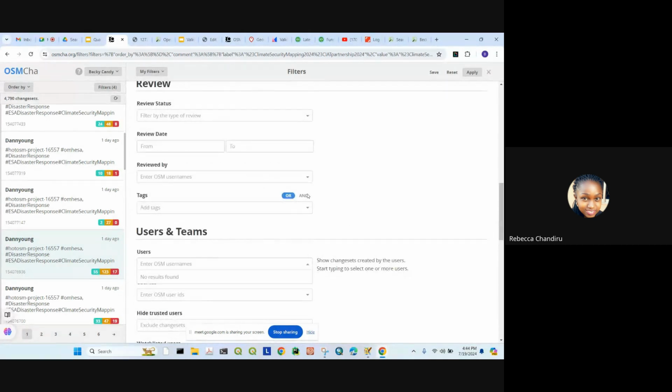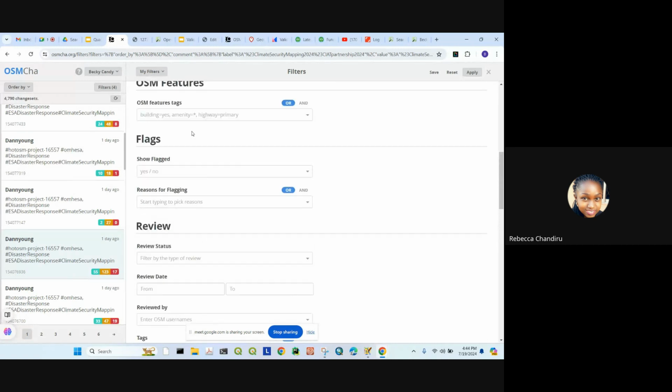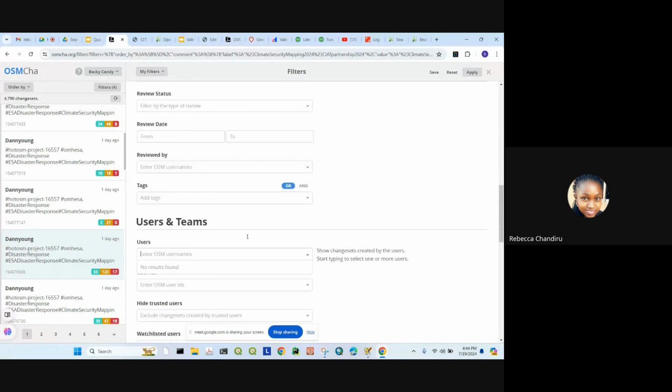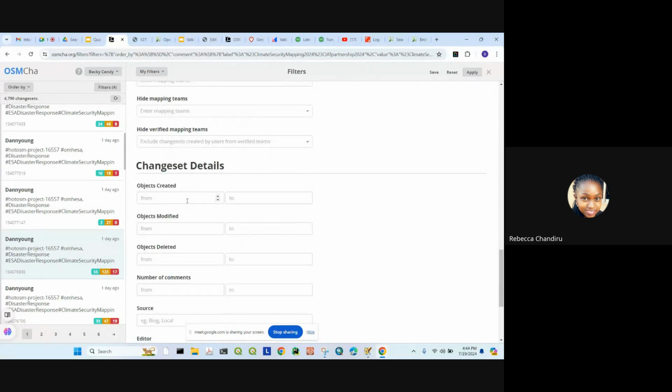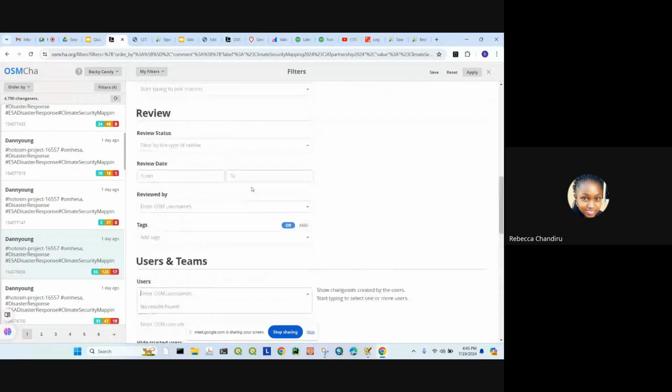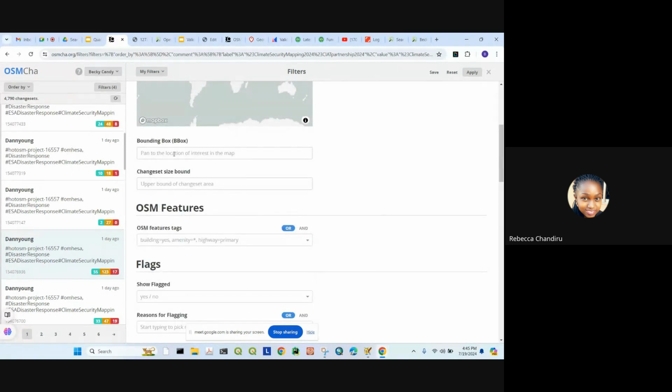So you can actually pan through and see there are different things you can add, filters here that you can use. You can be more strict on what exactly you want to see. Is it buildings only? Which kind of amenities? Is it primary roads? You can review specific change sets if you have the change set IDs. Yeah, there's several things you can do here. You can even put a strict bounding box if you want it to pan through a specific area of interest,